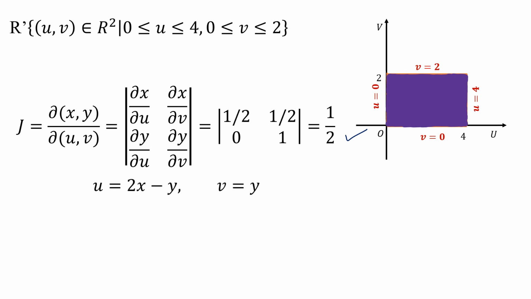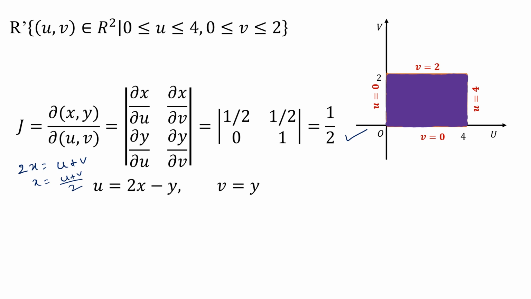u is 2x minus y and v is y. So for del y upon del u it is 0, del y upon del v it is 1. Now for del u upon del x, if you perform it, what will it be? Okay, y is equal to v you can put. So 2x is equal to u plus v, or x is equal to (u plus v) by 2, that you